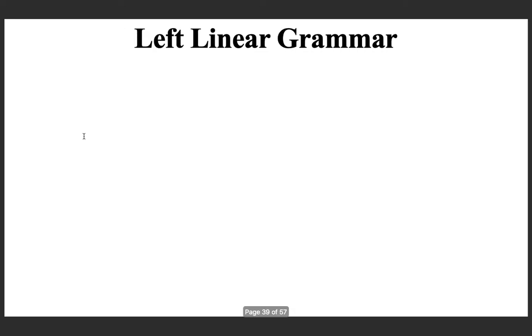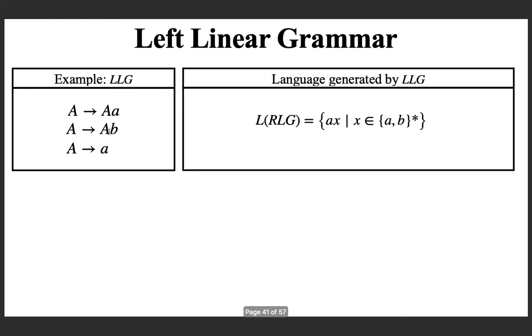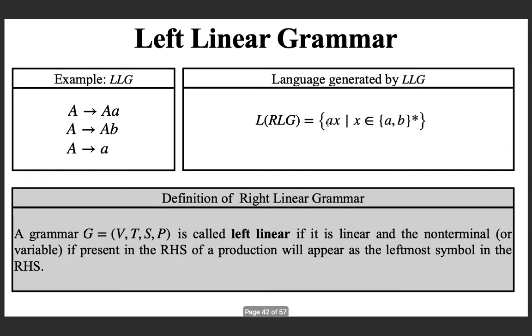So now, can you define what is a left linear grammar? It's easy. Here is an example. The only variable, if present, must be the leftmost symbol. Here you can see that the language is the same, the set of all strings starting with A, and the definition goes like this. A grammar G is called left linear